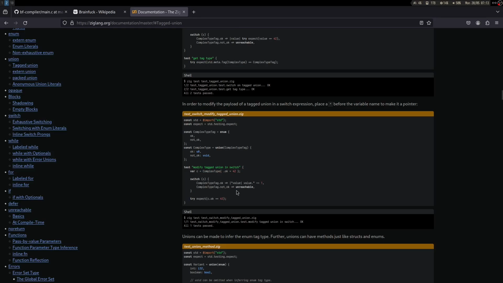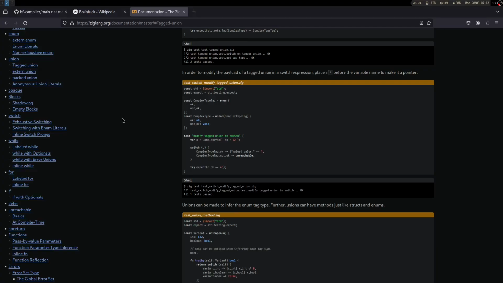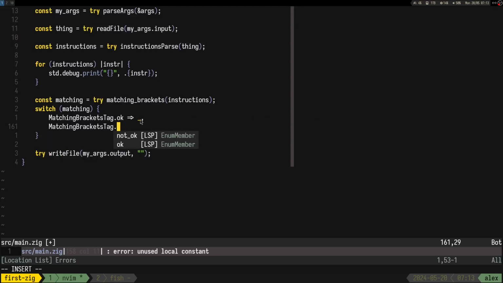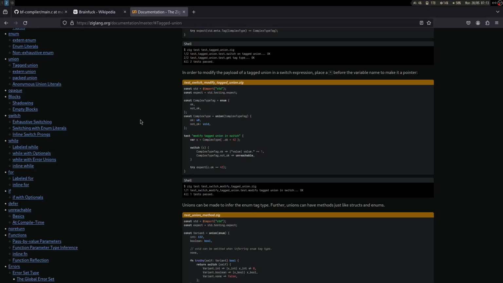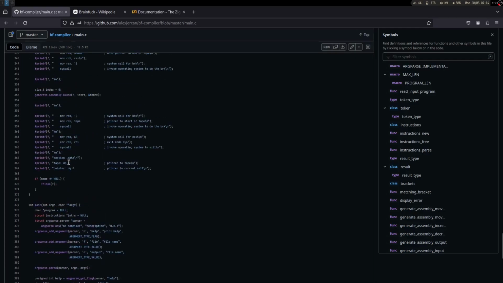Okay, perfect. So it's by tag. Okay, matching brackets tag, not okay. Index, and now we can just print something like